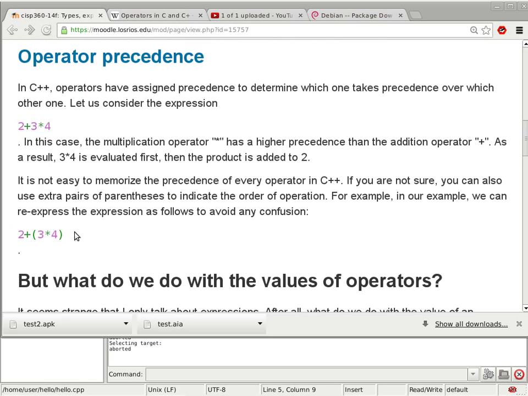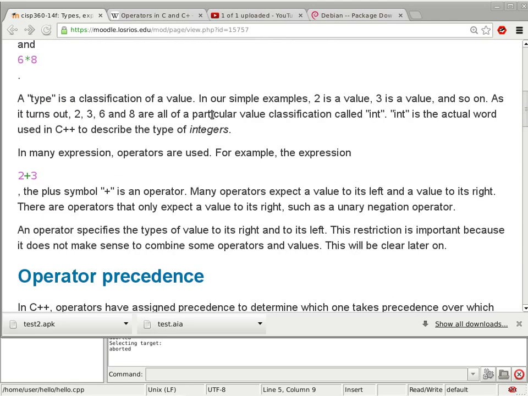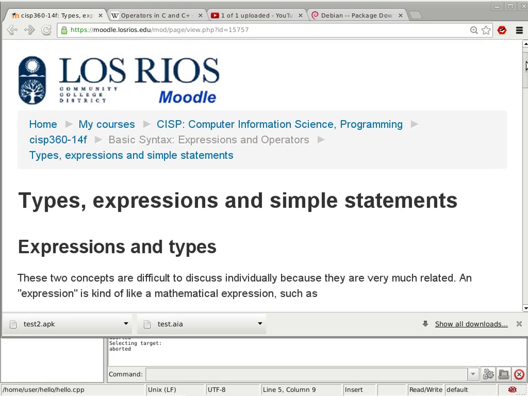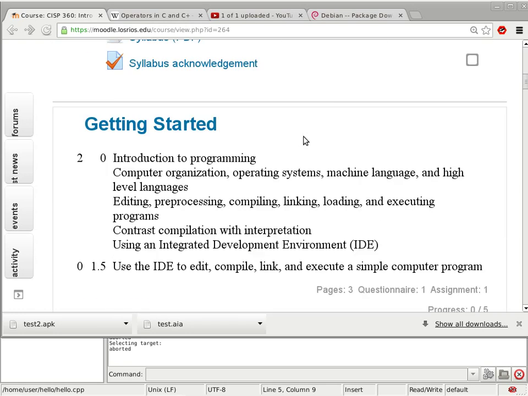That's basically saying that if you specify parentheses, it will be the same as putting parentheses around the multiplication, because it tells you that you have to perform the multiplication first and then add 2 to the product. So what do we do with the values of operators? Nothing, because at this point we have only talked about multiplication and addition, which are not particularly useful when it comes to what we are doing with the values. Getting back to the containing page, then we move down to